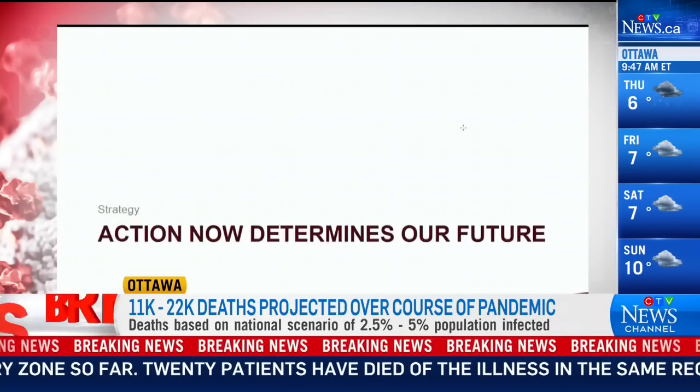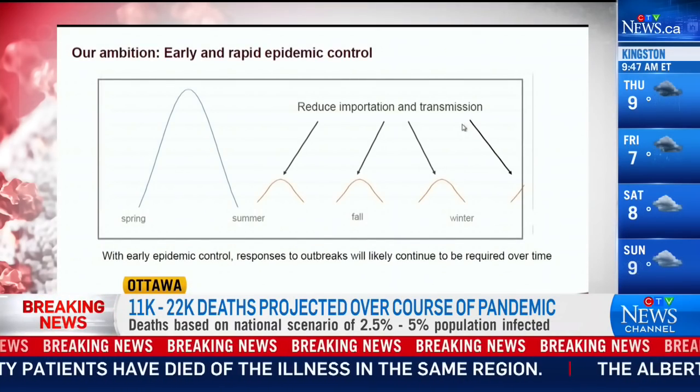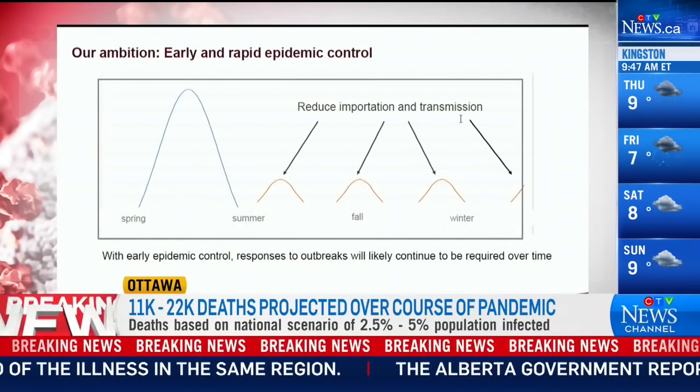Next slide, slide 18. To keep on that green curve, we have to continue to implement the public health measures we have put in place. We have to keep an eye on that trajectory to see if increased measures are needed so that we can continue to aim for the lowest possible infection rate to both minimize illness and deaths and to shorten the duration of the epidemic. We have to prepare our health system to expand its capacity. Recognizing that even if successful, some public health measures need to be sustained to reduce both importation and domestic transmission.